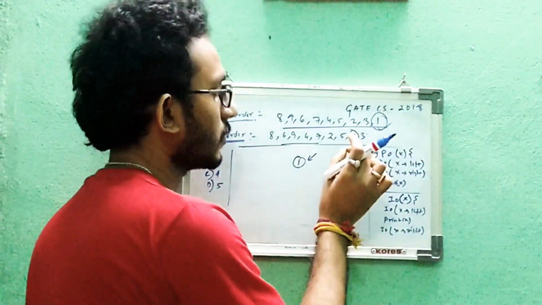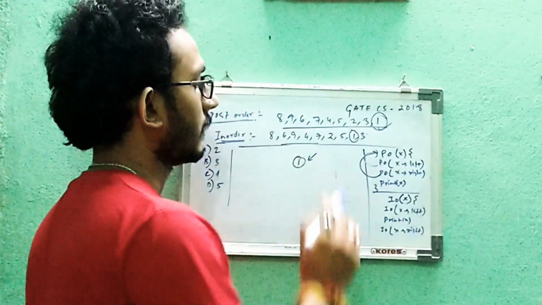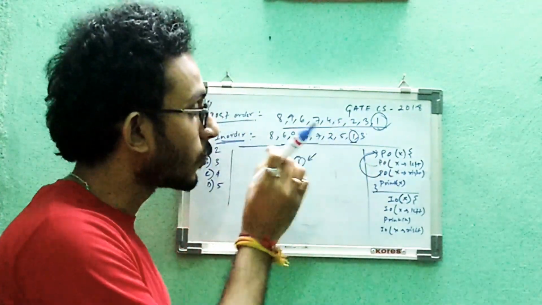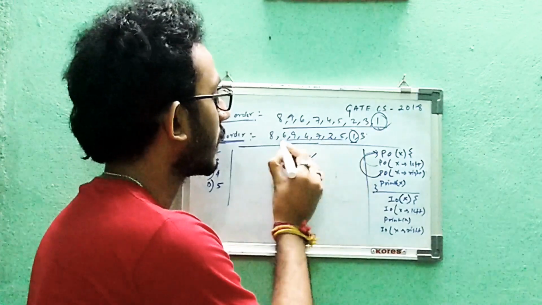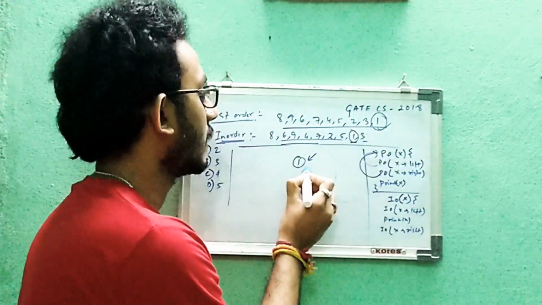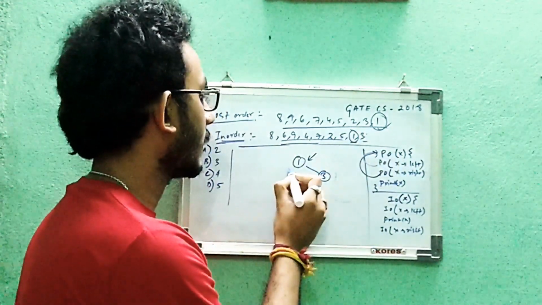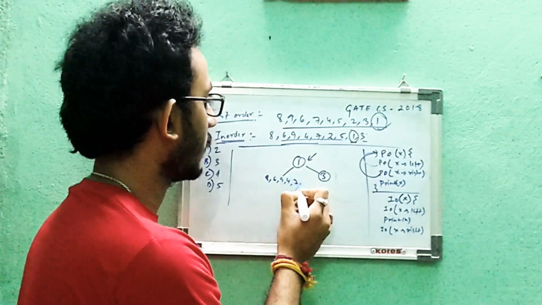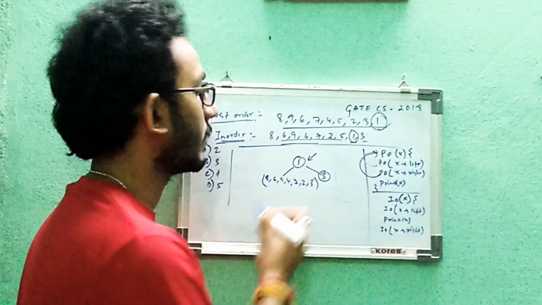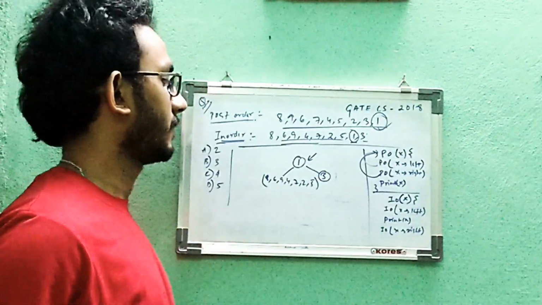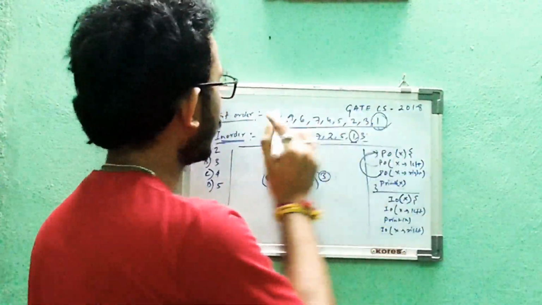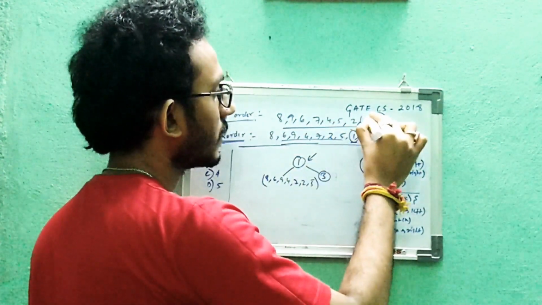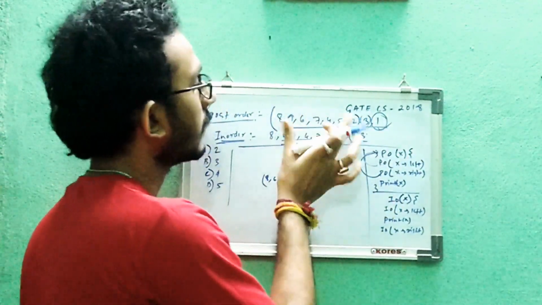Okay. So according to in order again, if this is the node on focus, then all this will come in the left child, this will come in the right child. So 3 will come in the right child, and all these nodes 8, 6, 9, 4, 7, 2, 5 will come in the left child. Okay. So now in this post order itself we can see that this was the root node, this is the right node, and this thing is in the left side.